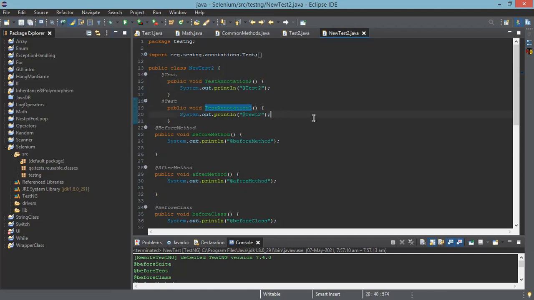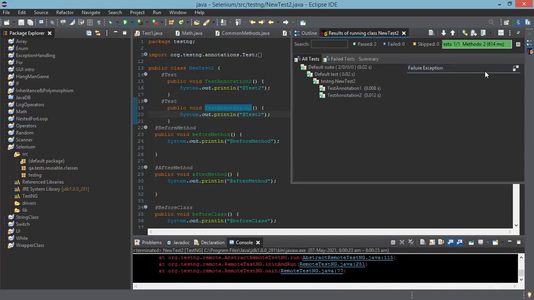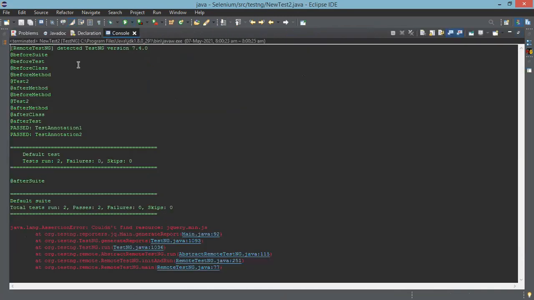And execute it, whatever we have discussed earlier. When you have multiple tests, you have to complete one test and only then go to the next test. That will be executed now.